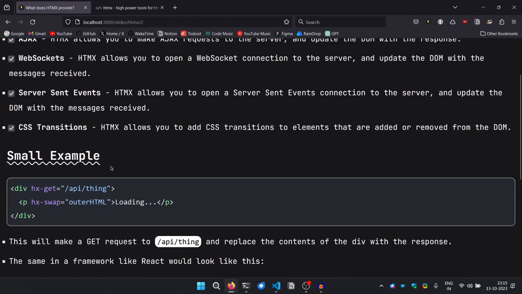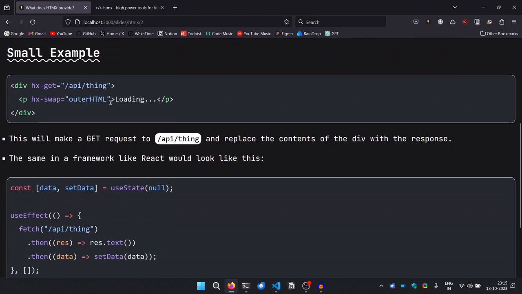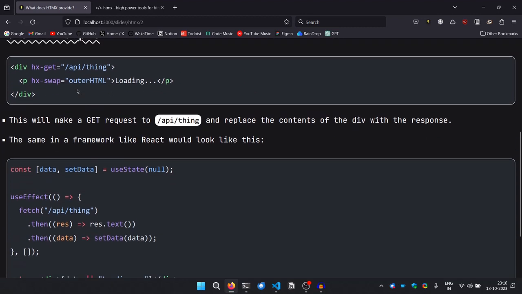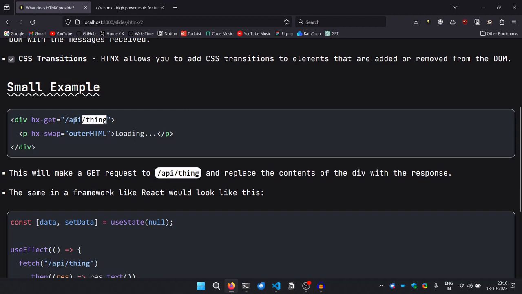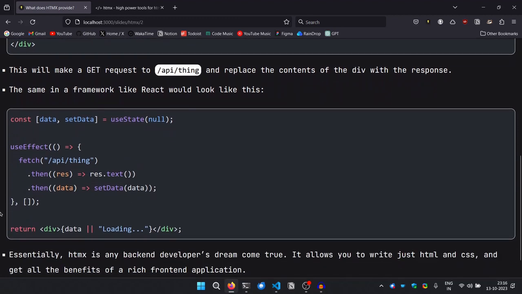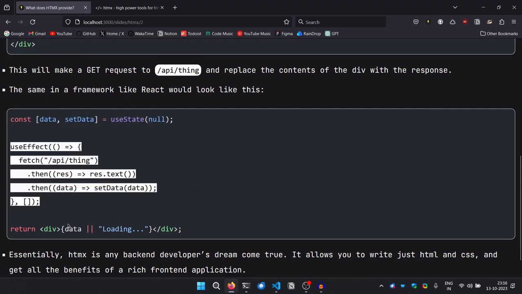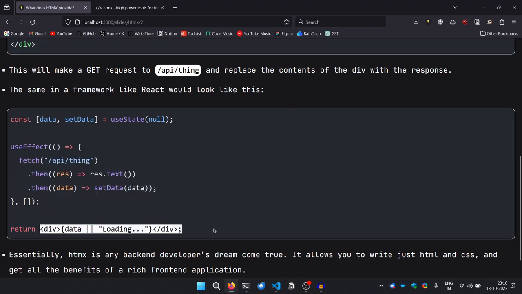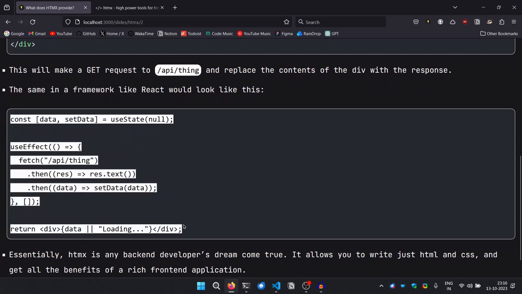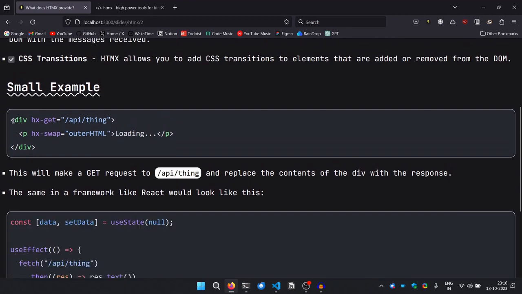So here's a small example where let's compare JSX and HTMX. So let's say I have an API slash thing, right? So let's say that returns a response. To do that in React, I would have to set a useState, use a useEffect, and validate the whole thing, fetch, and then set the data, which it does asynchronously for sure. And the syntax does look familiar to most developers,